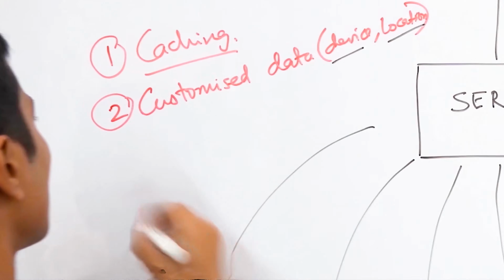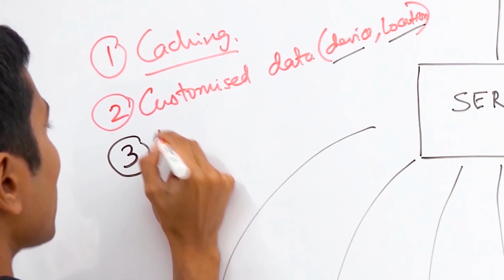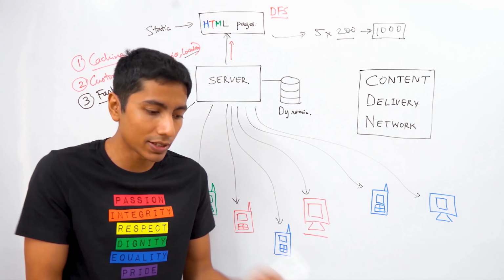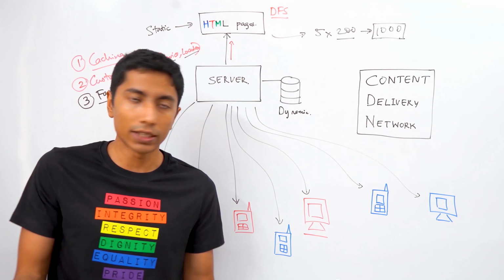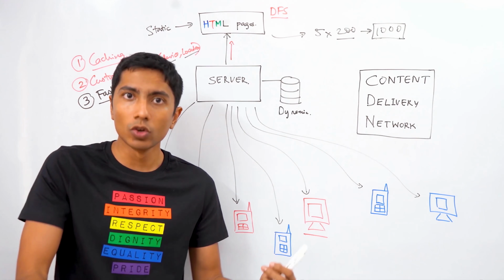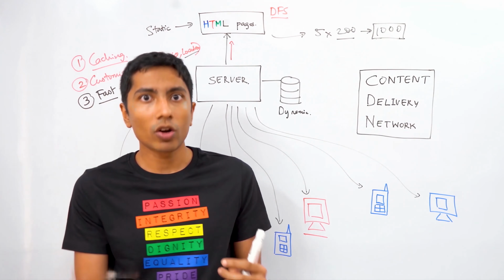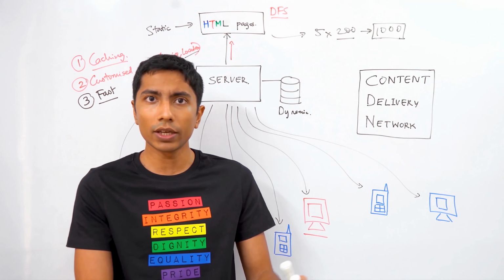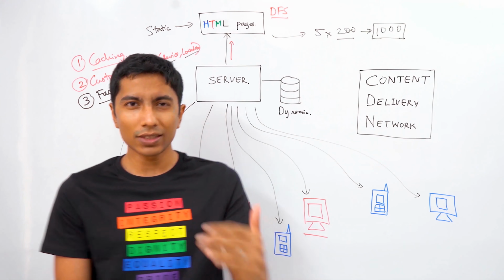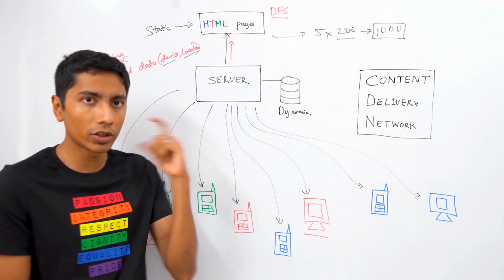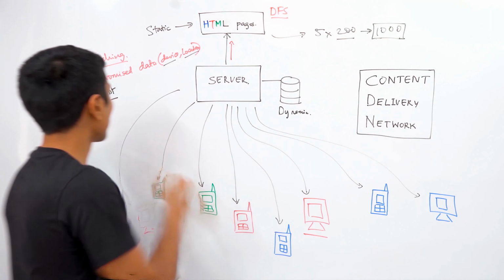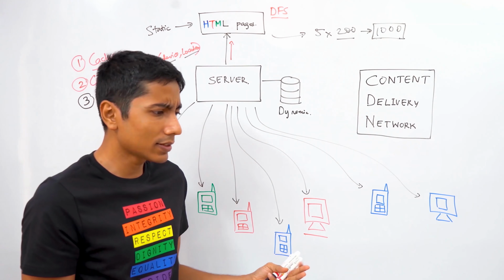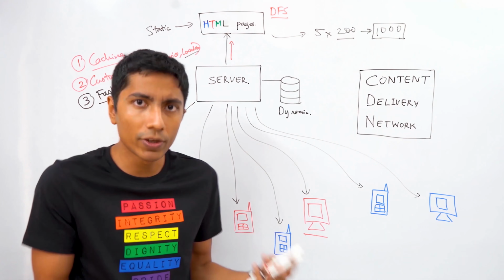The other thing, point number three, is that you want this to be fast. You want your web pages to be served to the users quickly, because if they have decided on buying something on Amazon, let's say, if it takes 2 seconds to load, their interest in the product will reduce dramatically. The same thing happens with Google search. When you open a new tab and you type something in, you want the search to complete quickly. Otherwise, it's irritating. It causes some cognitive load for you to wait. So you want this to be really, really fast.